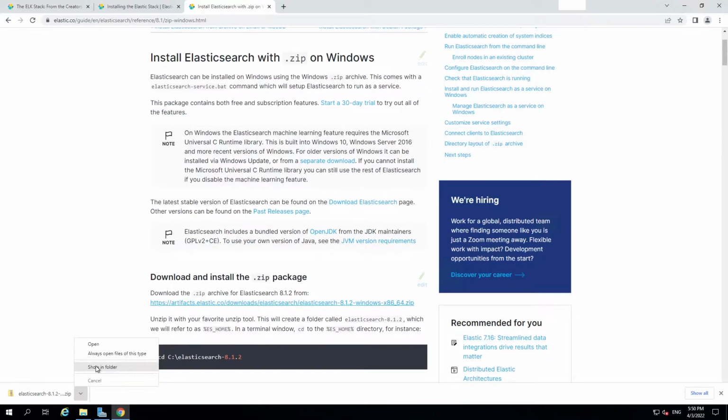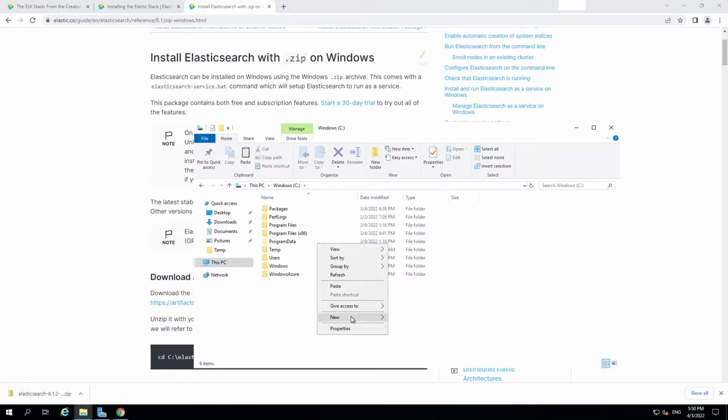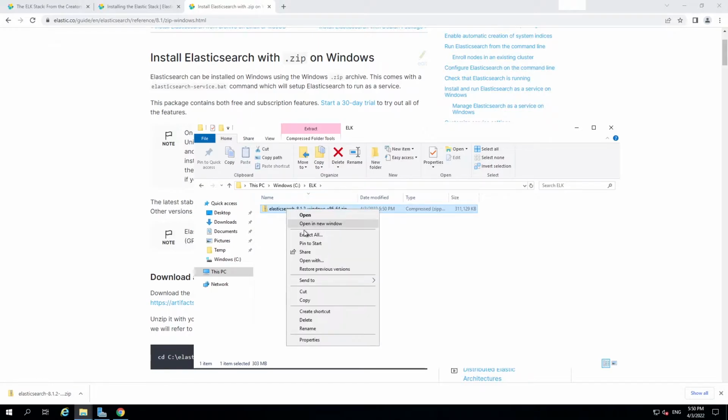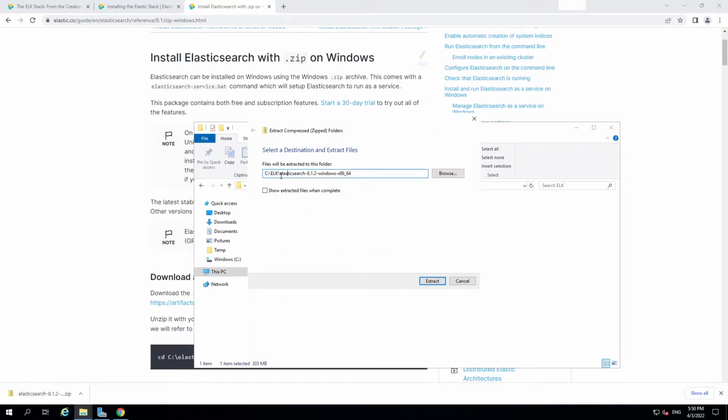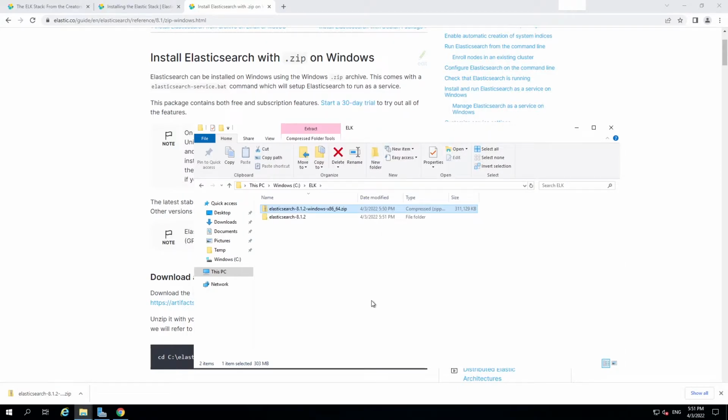So Elasticsearch is now downloaded. I'm going to copy this elasticsearch.zip file to a folder in the C drive, which is c:\elk. If you don't have a folder like this, you can just create a new one. I pasted it in this folder and I'm going to extract it into the same directory. Okay, extraction is going on. The extraction for Elasticsearch should be fast, and it is completed. I'm going to rename this elasticsearch-8.1.2 folder to just elasticsearch,